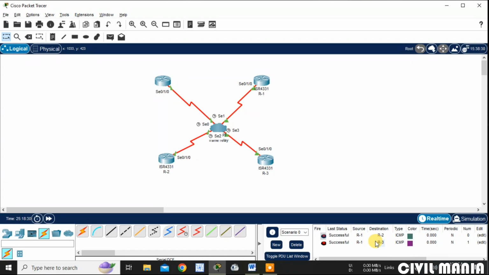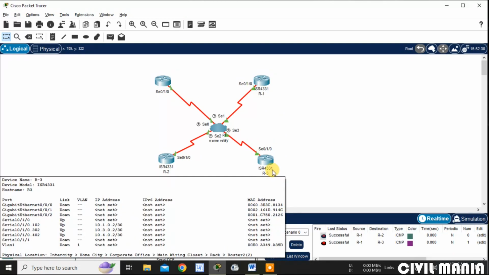But earlier only frame relay was done, which is a kind of circuit made only for point to point. In frame relay the communication will be made only as per my direction. That is, if I provide the direction from router 1 to router 2, then communication will happen only from router 1 to router 2, or else from router 1 to router 3 it will fail.